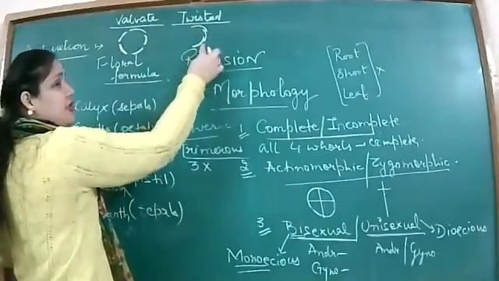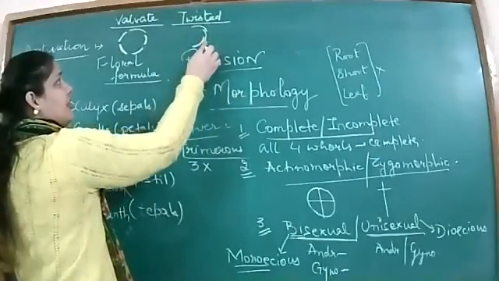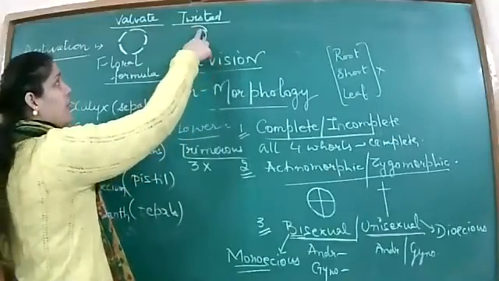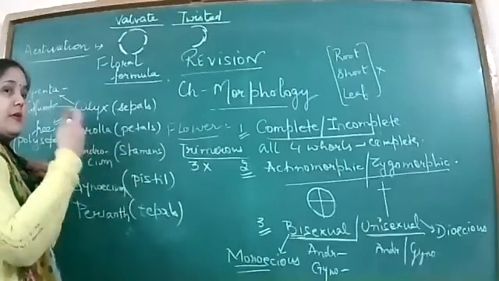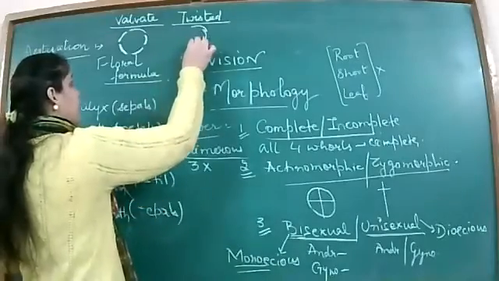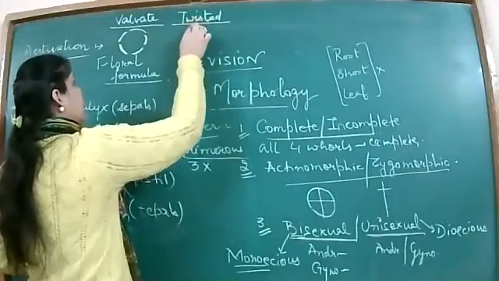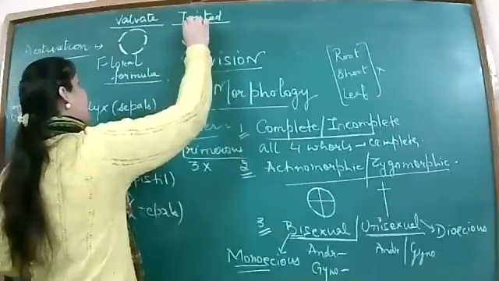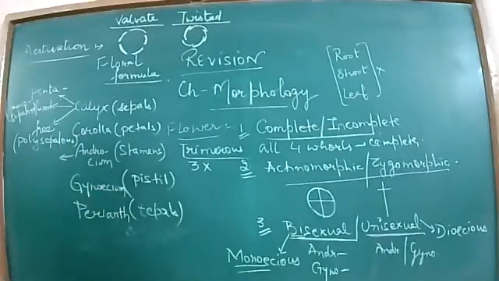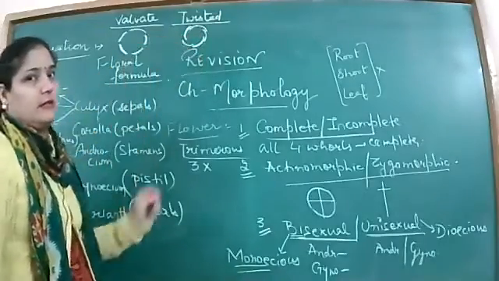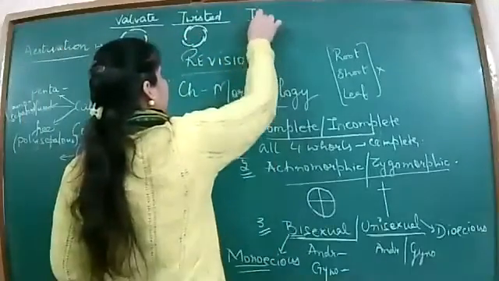That is, for each unit, one end becomes outer and one end becomes inner with respect to the subsequent units of that whorl जो भी आपके आसपास के हैं. ठीक है, so accordingly they will be twisted. So twisting means the end-to-end representation in such a manner that one end of the unit becomes outer and another end of that unit becomes inner. ठीक है, one is outer, one is inner, and so it becomes twisted, right? Then there is imbricate. The third one is imbricate.